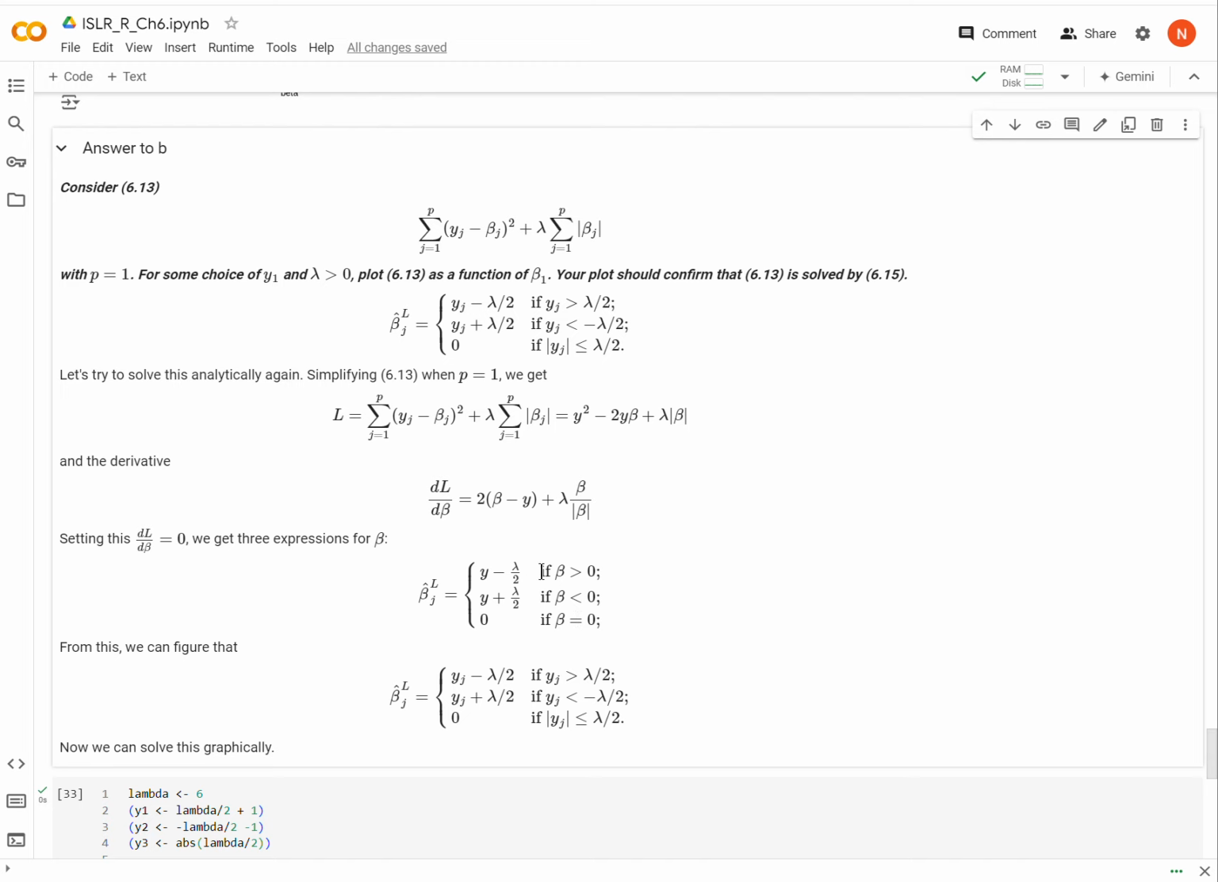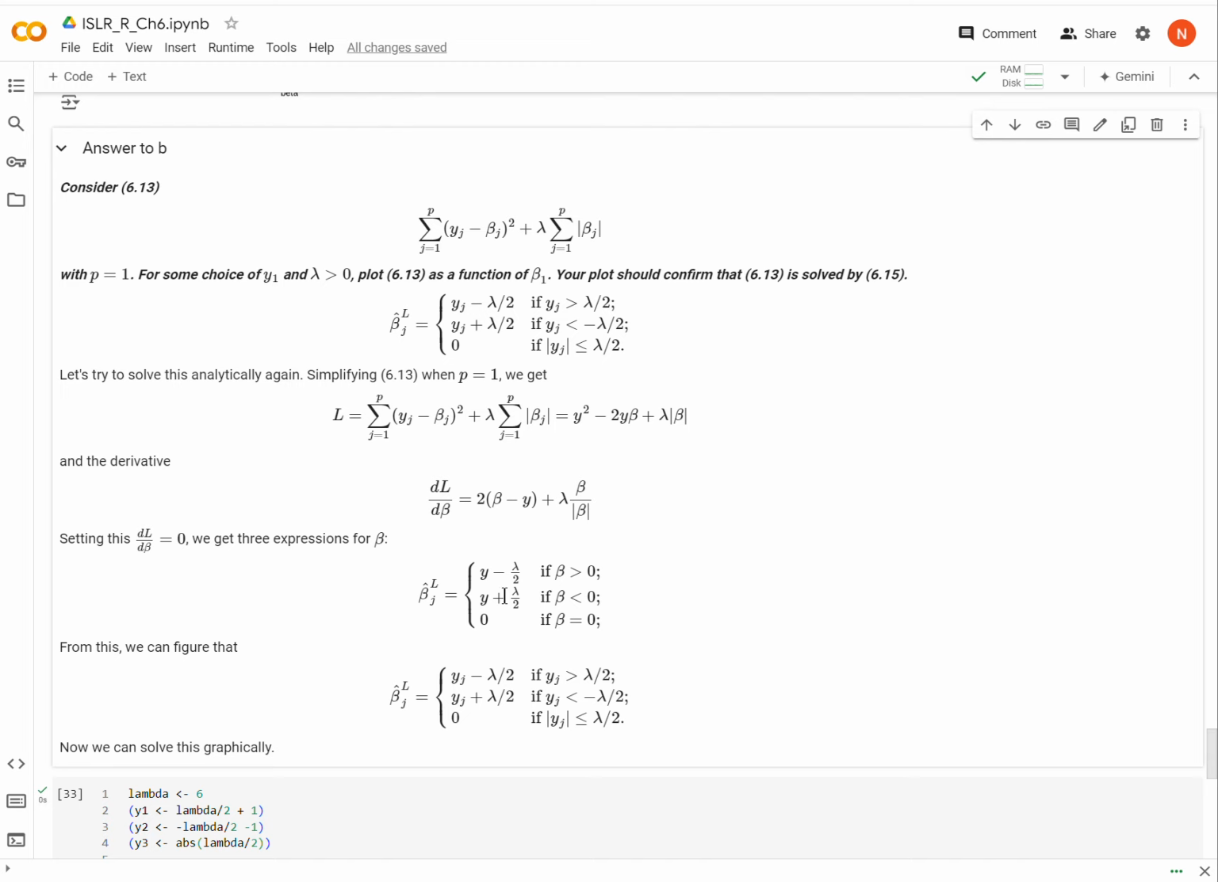And so that doesn't really help us because we don't know beta, we only know y. But notice that this expression is beta, and so it's really y minus lambda over 2 greater than 0. So I can find a value for y which makes beta greater than 0. I would just take the lambda over 2 over to the other side. So if y is greater than lambda over 2, then this is the expression for beta. And similarly over here, if y is less than negative lambda over 2,